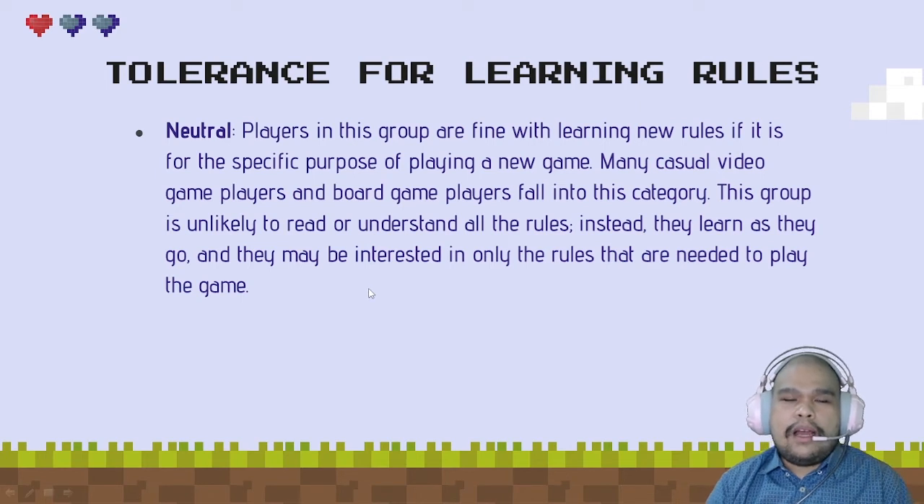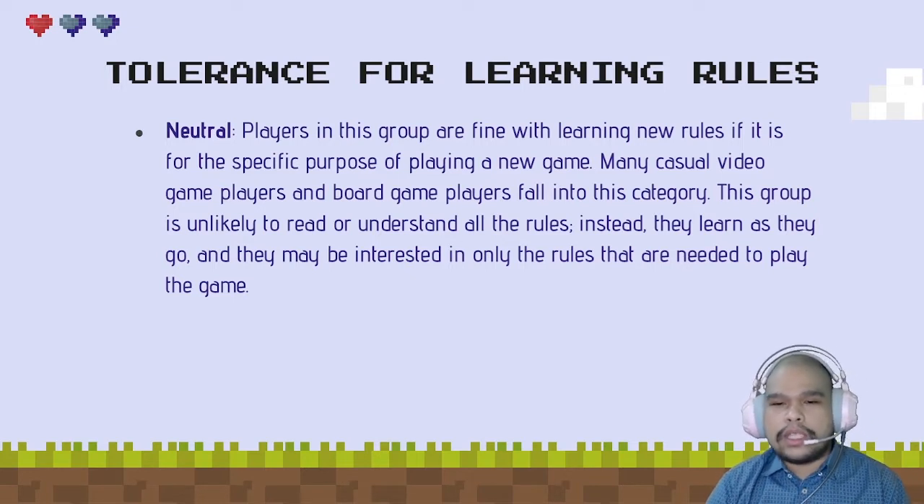Next, the third group that we have is the neutral players. So players in this group are fine with learning new rules. If it is for the specific purpose of playing a new game, many casual video game players and board game players fall into this category. So this group is unlikely to read or understand all the rules. Instead, they learn as they go and they may be interested in only the rules that are needed to play